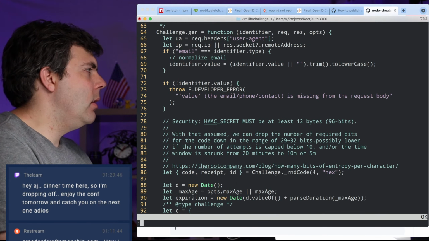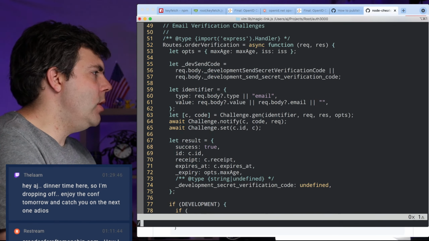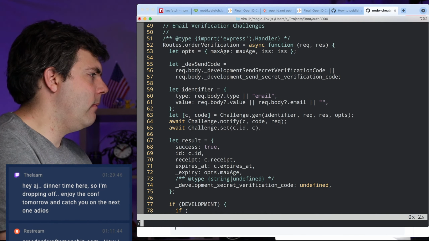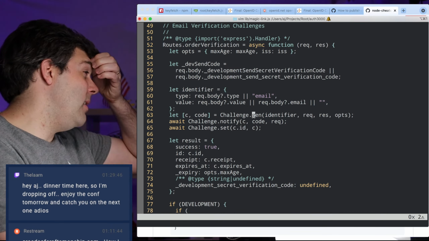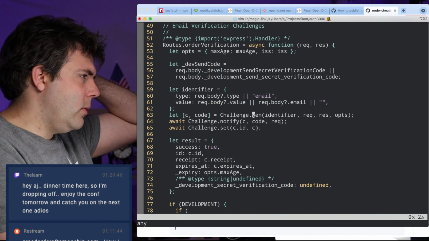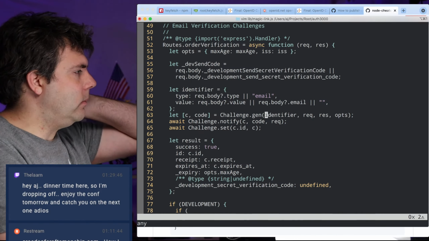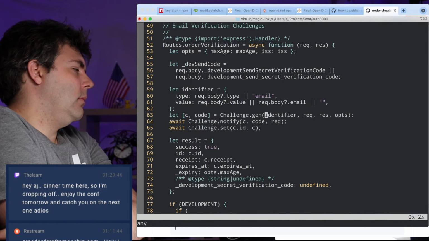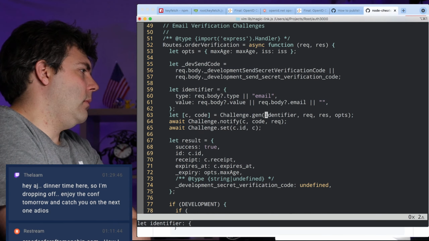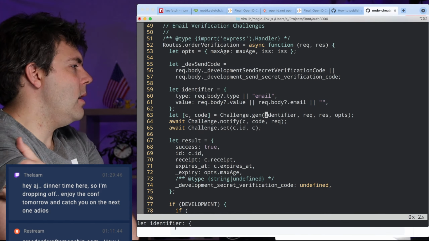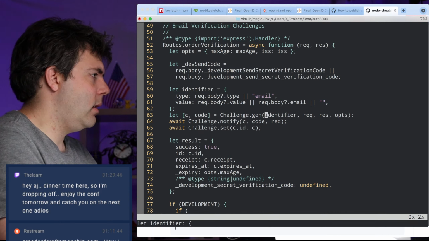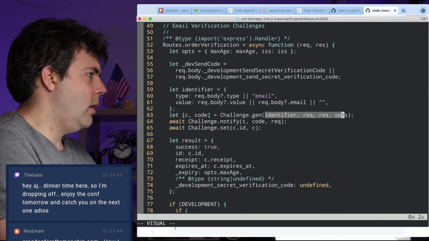Okay, so here's the question. Do we use gen in any place where we don't immediately use notify? And it looks as though the answer to that is no. So I would say that it would be fair to wrap this, just get rid of gen entirely.